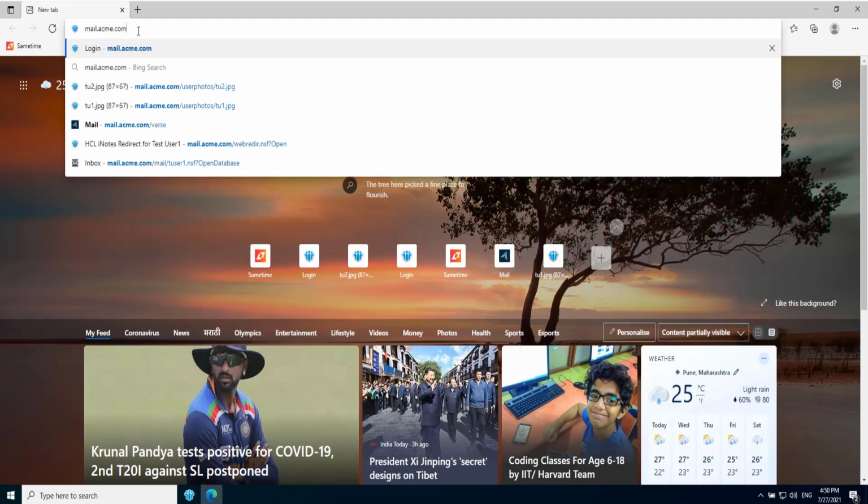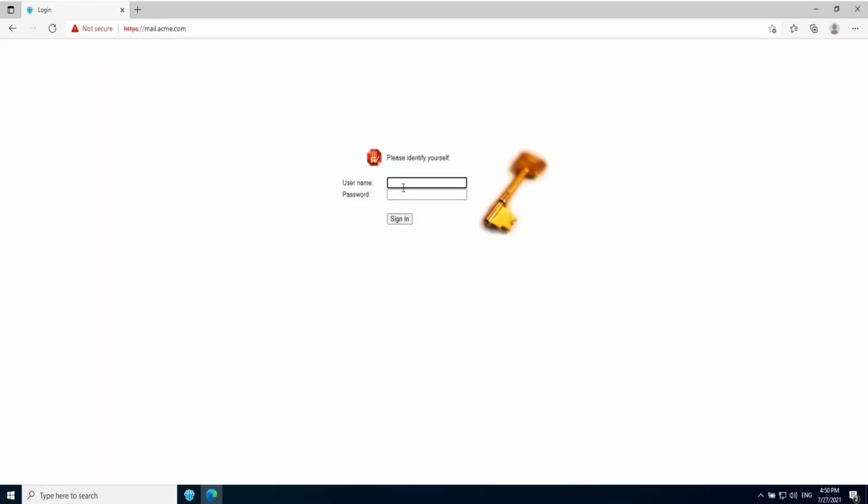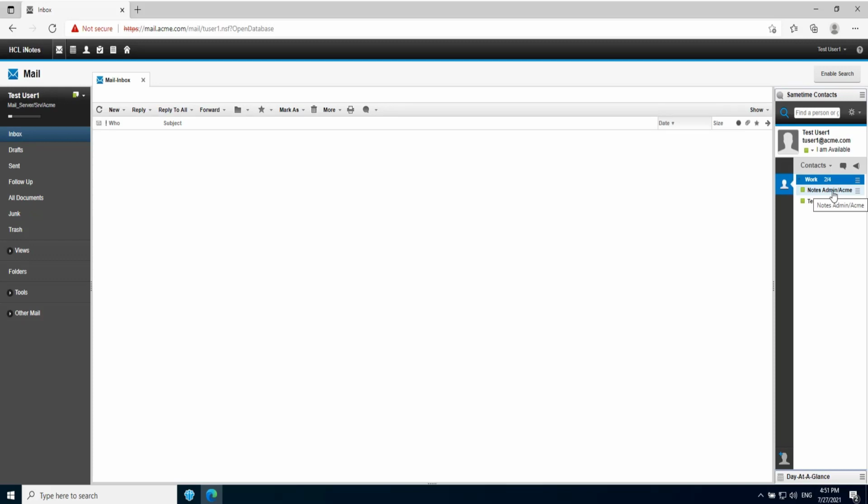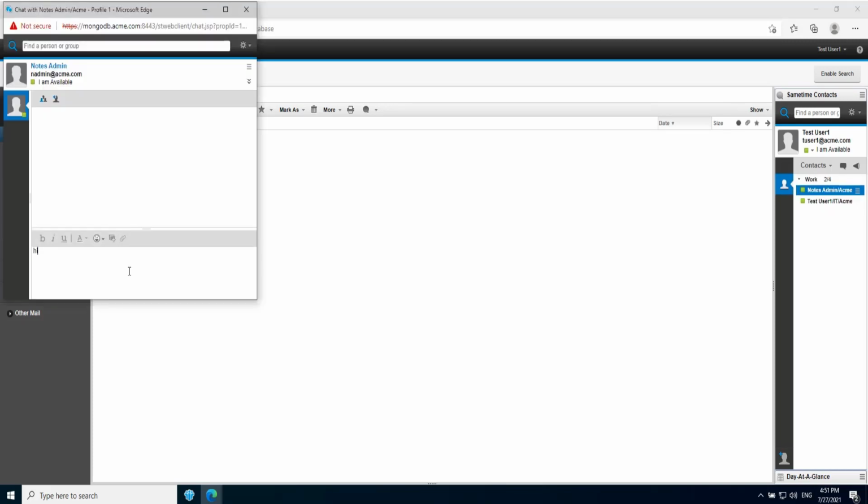Once the servers are up and running, access the iNotes login page. Enter username and password. It will show instant messaging logging in, and once the SSO is done, awareness changes to available in green. You can now chat with other users. Also, you can see the contact list is added in your Sametime buddy list.